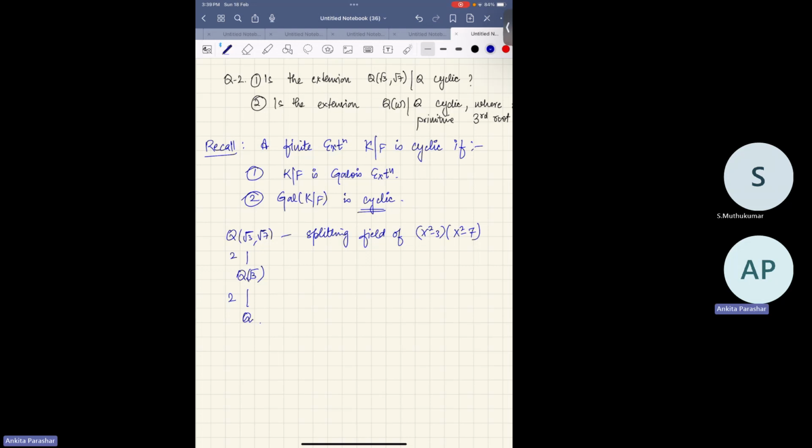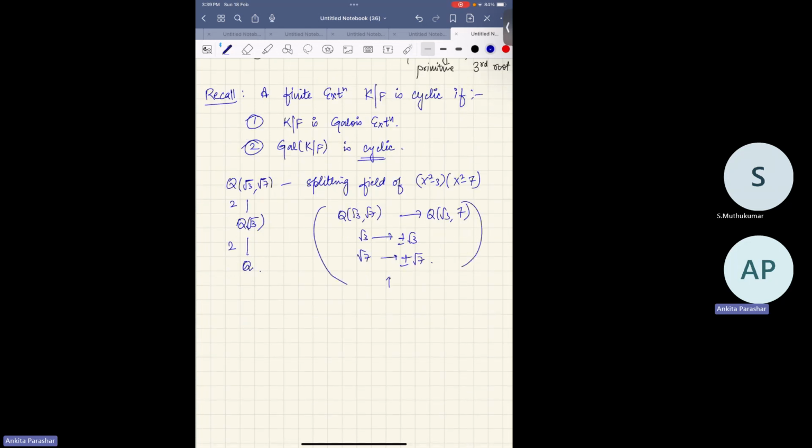Looking at the Galois group, right? I mean, you look at the group of automorphisms. If you look at the group of automorphisms from Q(root 3, root 7) to Q(root 3, root 7), you will notice that you have 4, because root 3 has plus or minus root 3, two choices, and root 7 has two choices. So in total we have 4 automorphisms. Therefore,